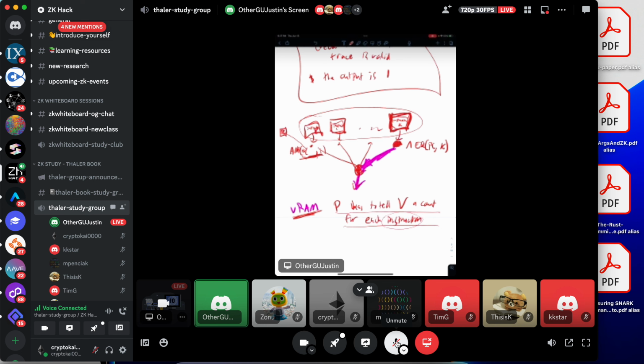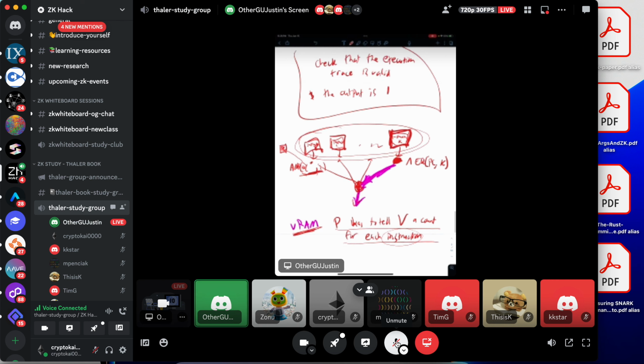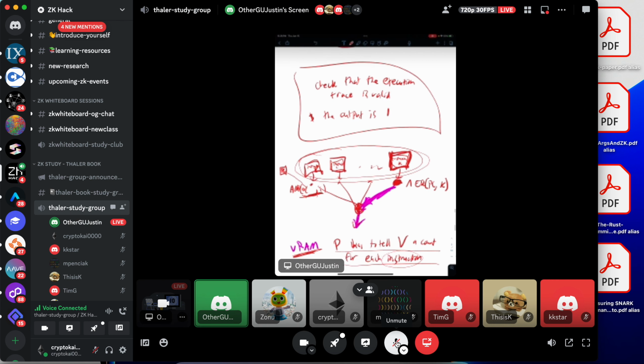So if the verifier knew for each instruction how many times it got executed in the program, and the circuit was also able to verify that the group-by was done correctly, where indeed the execution trace got reordered so that every time step at which instruction 1 was executed got grouped together, and every time step at which instruction 2 was executed got grouped together,